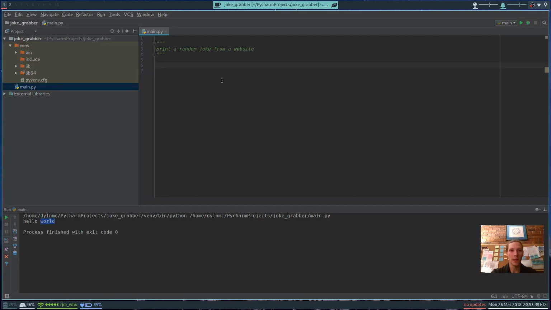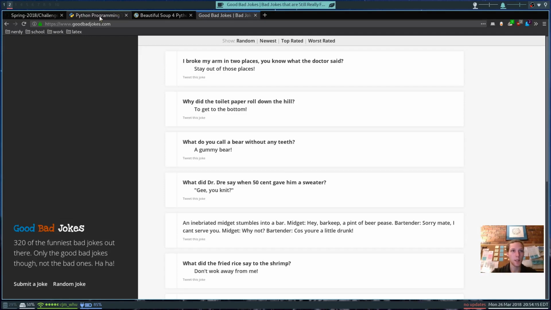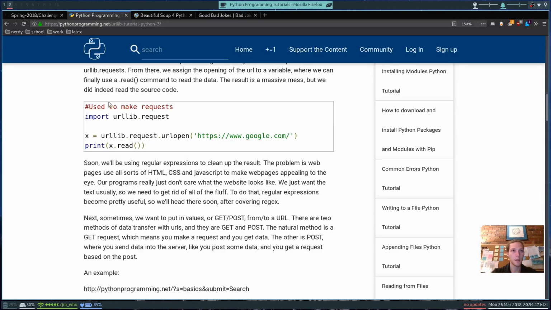So let's go ahead and figure out how we're going to pull down this web page. We're going to be using the urlopen function. And in order to do that, first, we need to import it. So we need to do from urllib.request import urlopen. And I know that that's the case because if we come back to this pythonprogramming.net tutorial,